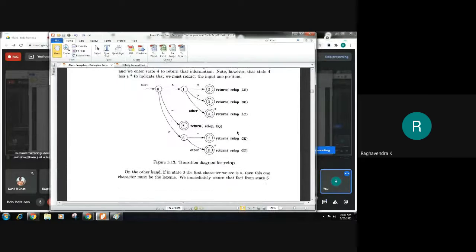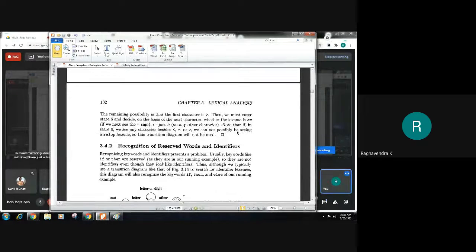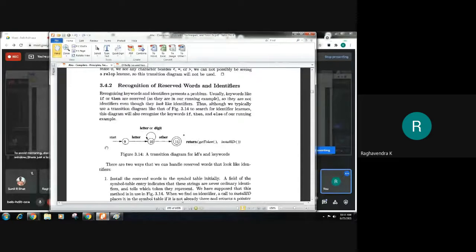Similar transition diagrams we had considered for identifier. As you can observe here, this is a continuation of the same transition diagram written separately. We can group them together into a single transition diagram in the end. But however, let us look at how to write a transition diagram for the same. An identifier is nothing but a letter followed by any number of letters or digits.